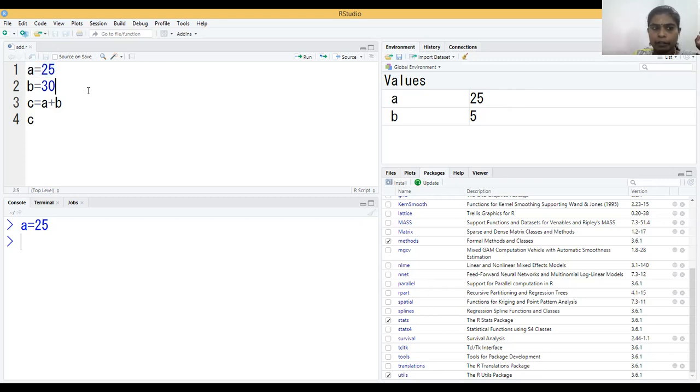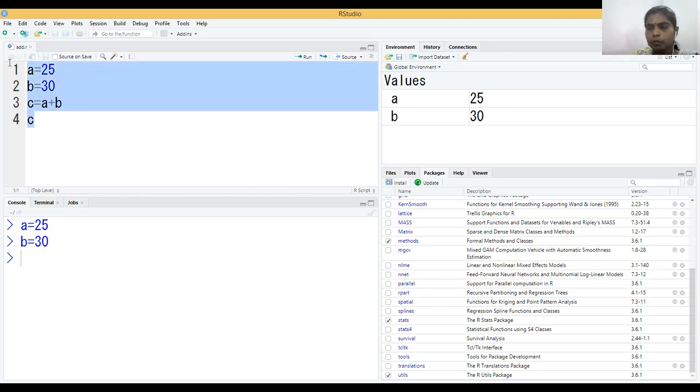Okay. Now how do I execute the next command? I should move to the next line and then give Run again. Is it necessary that I go to every line and then give Run? Not necessary. You can select the entire lines in the file and then click on this. All the lines are copied, all the source code is copied into the console and executed in one shot.